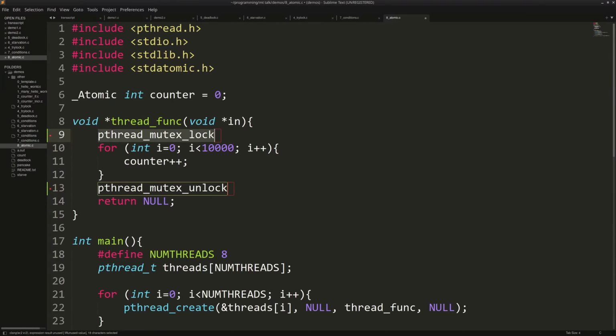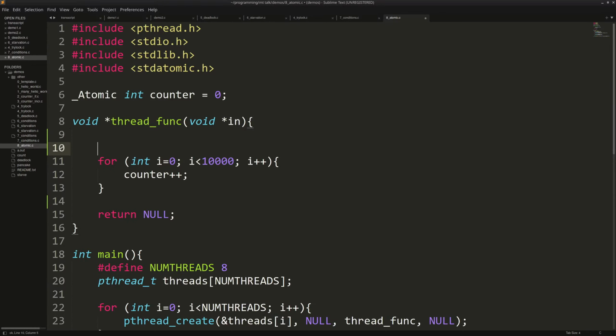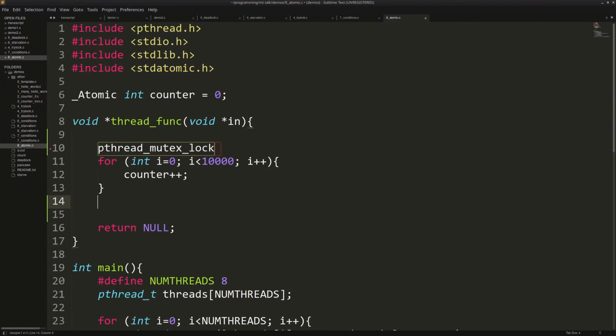But there is one difference, right? Which is this code probably performs worse. Why? Well, we're doing this 10,000 times, and for 10,000 times we are incrementing our counter. And at each increment the CPU locks and then unlocks, right? That's what atomic means. And the whole problem with that is that we now have 10,000 locks and unlocks, whereas if we just manually locked the loop, we would only have one lock and one unlock.